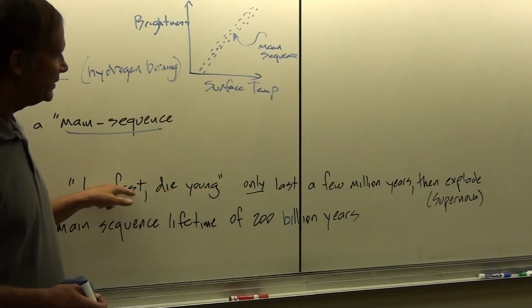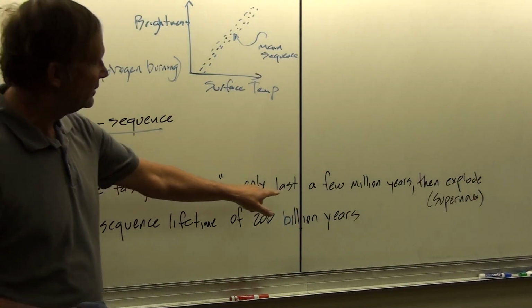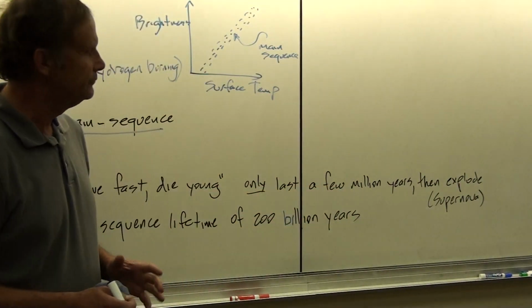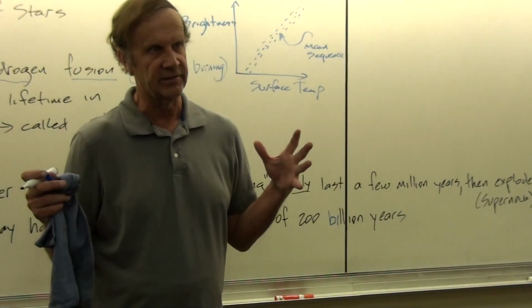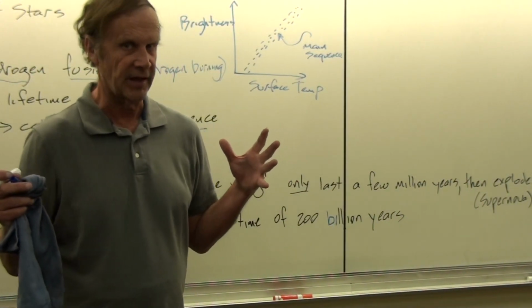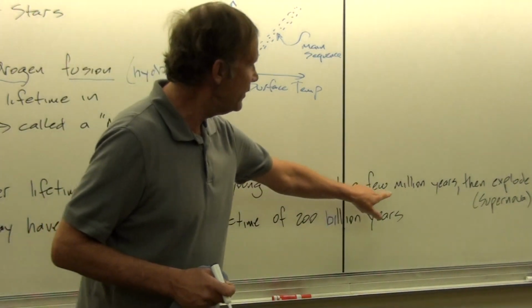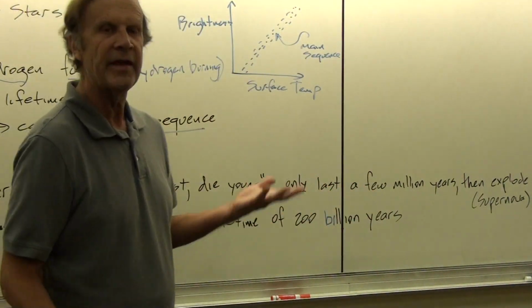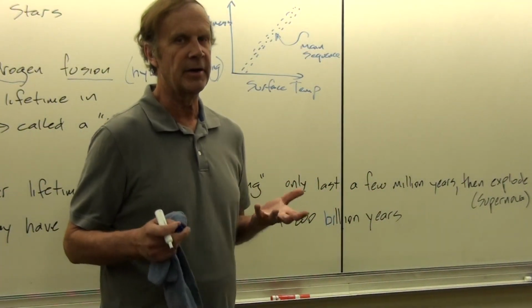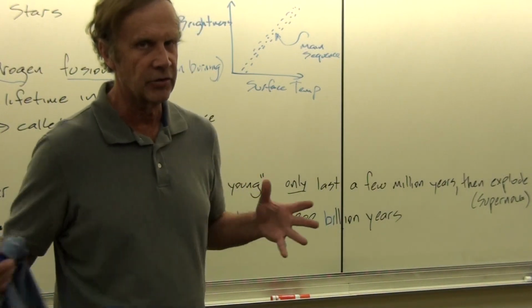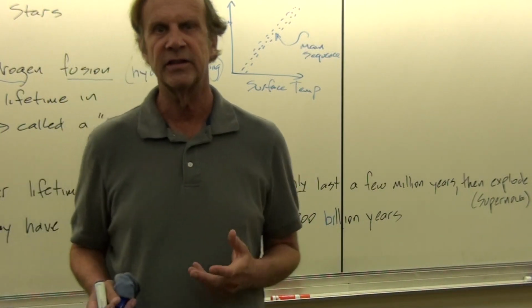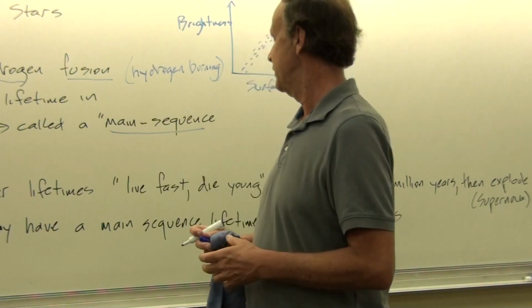But they burn up their material so fast that they die very quickly, even though there's more mass. They burn it up disproportionately fast, so that the big stars, the ones that might be, say, the size from our sun to Saturn, only live a few million years, and then they blow up. We're going to talk about the process by which they go through these stages, which ends in an explosion, in a few minutes.